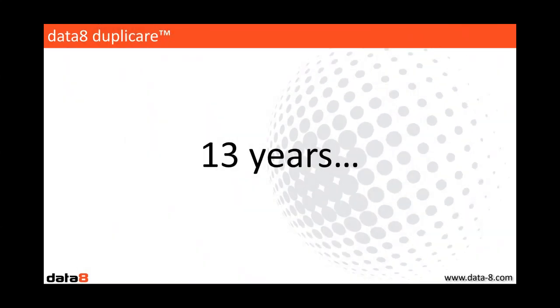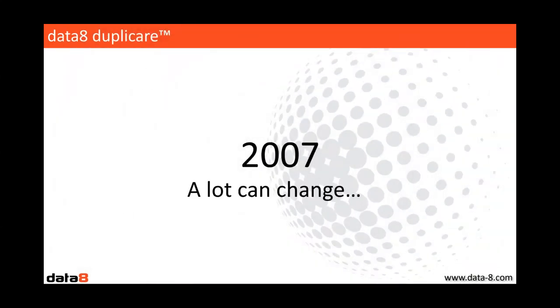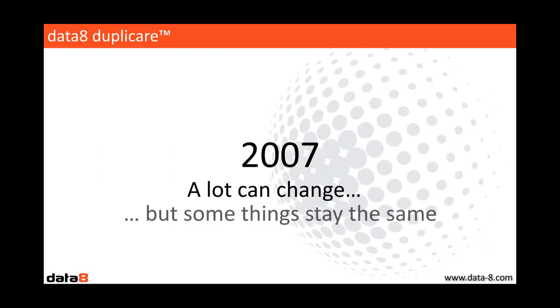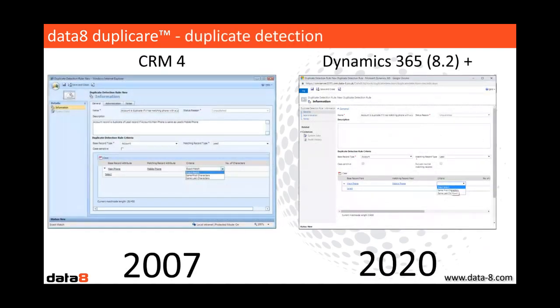So if we go back 13 years, to 2007, what's changed in that time? If you ever think back, other technology changes along the way. iPhone 1, if you've ever used an iPhone 1 recently or an early iPhone, they were transformational at the time, and they seem so outdated now. So a lot of things can change, but some things can stay the same. And one of those is this whole data management thing within Dynamics. If you have a look there, 2007 was when Dynamics 4.0 was released, bringing that up to date today.